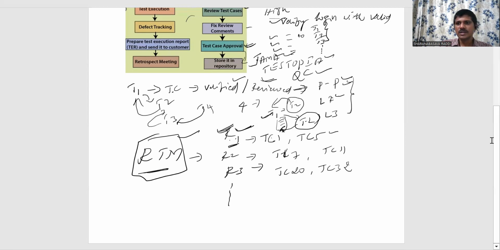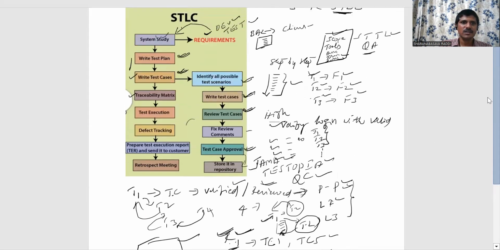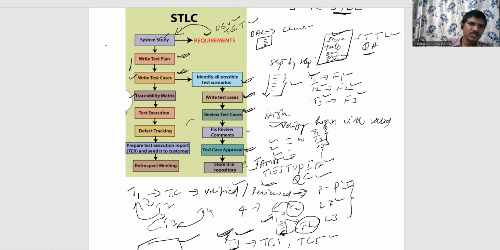So once the requirement traceability matrix is done, this phase is done. Now we are going for the actual execution of the test cases. Already we have test cases. A test case is nothing but a step-by-step procedure to execute or verify a particular feature or functionality, right? So test execution is nothing but we are opening the test case and going through each and every step. According to those steps, we are doing the action